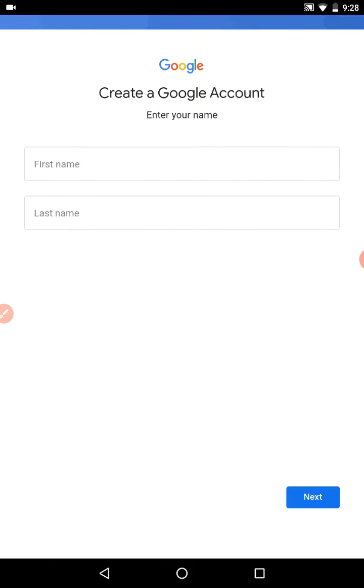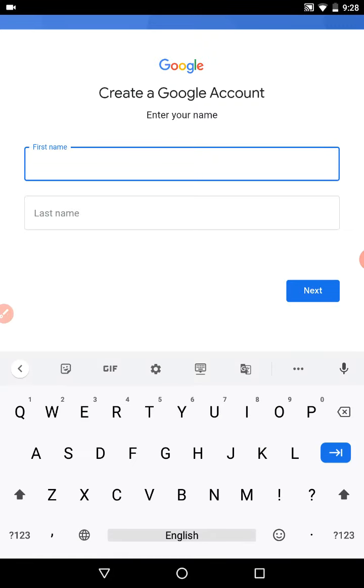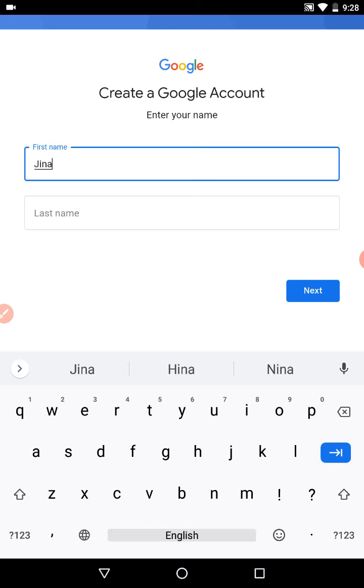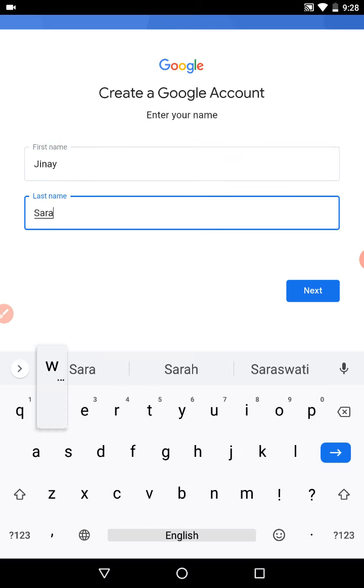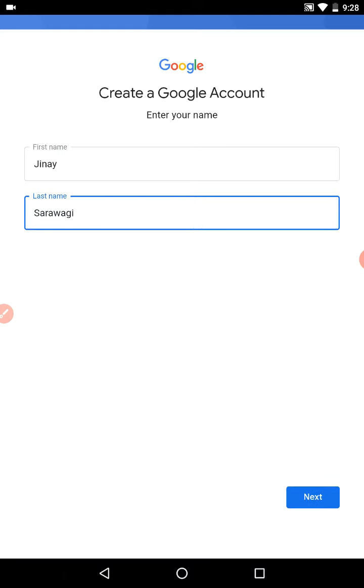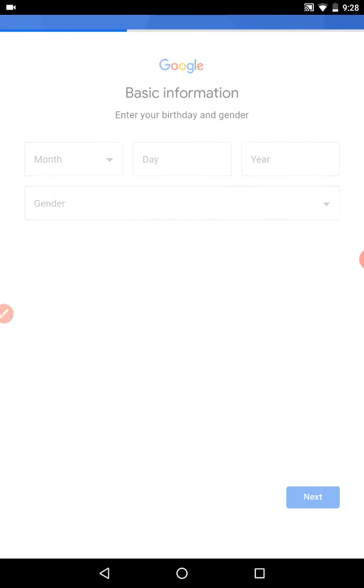Then it will ask you for your first name and your last name. So first name is basically your name, and last name is your surname. So I will write my surname here, and then click on the next button. Now you have to enter your birthday and your gender.